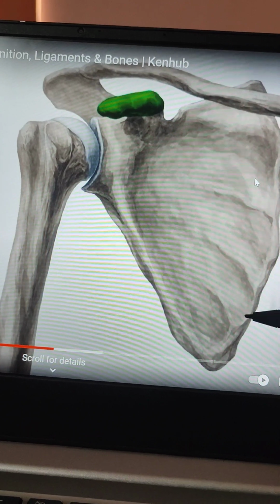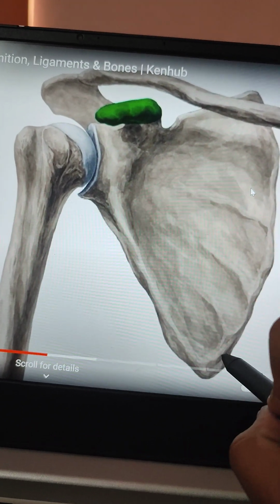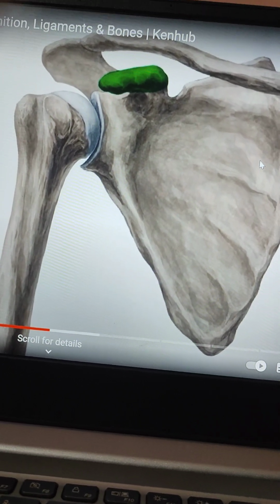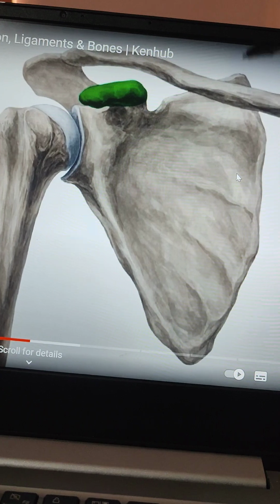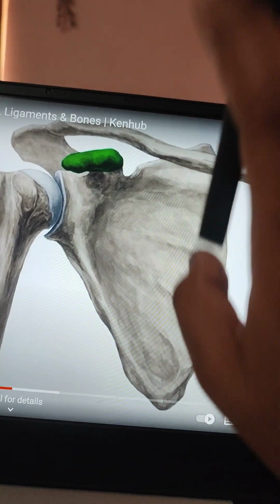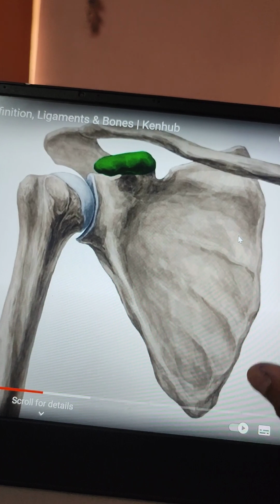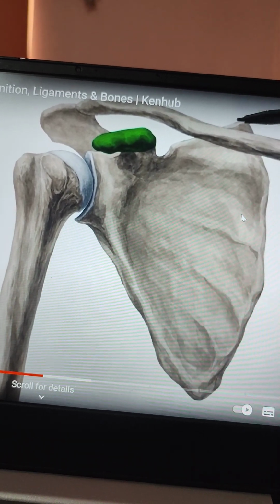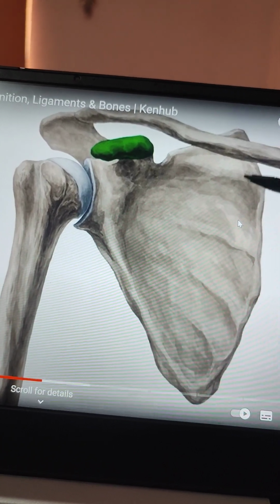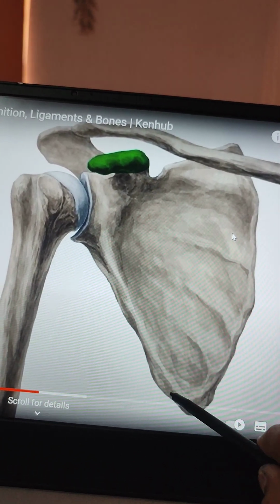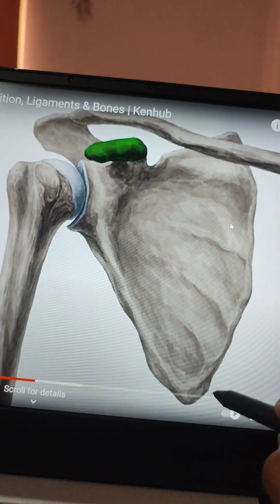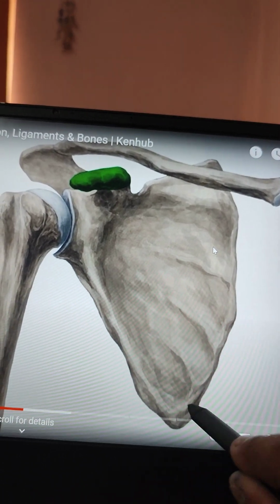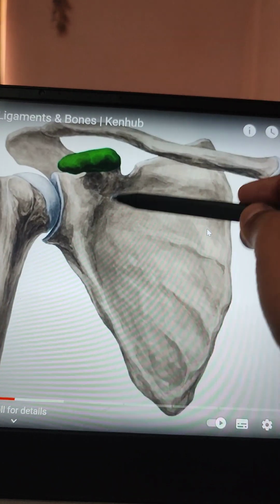On this medial border there is an attachment of, now I tell you which muscle, yes, there is the insertion of the serratus anterior muscle. So we have to remember two major muscle attachments. The first is for the subscapularis muscle. Then on the medial border there is attachment of serratus anterior, on the inferior angle as well, because due to paralysis we know that this angle gets disturbed. So here, the whole length like this is serratus anterior, and this is subscapularis.